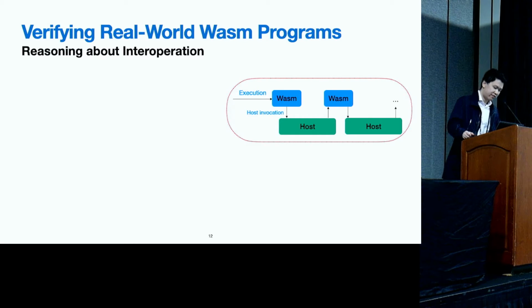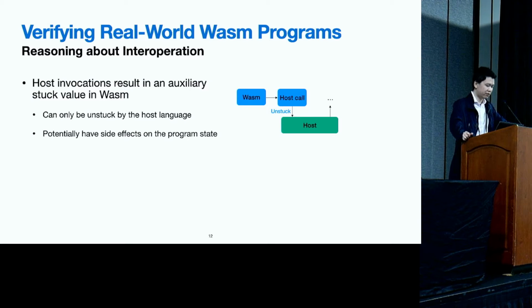One naive solution to that is to view WASM and a particular host as one language itself with an intertwined and mutually recursive small step semantics, and then build a program logic for that combined semantics. But obviously, this approach has a severe limitation: it ties our model to one specific host for WASM instead of being a general solution. So what we do instead